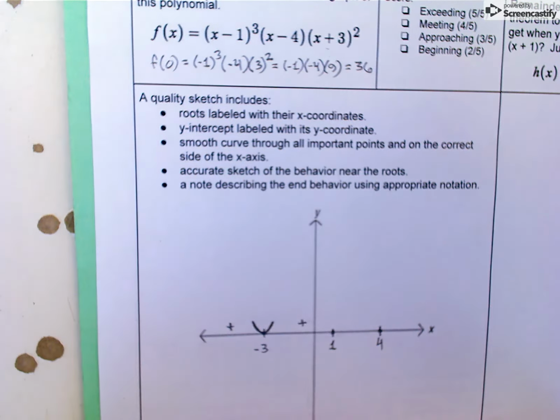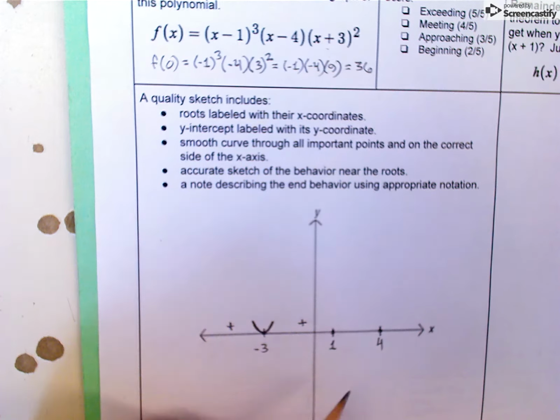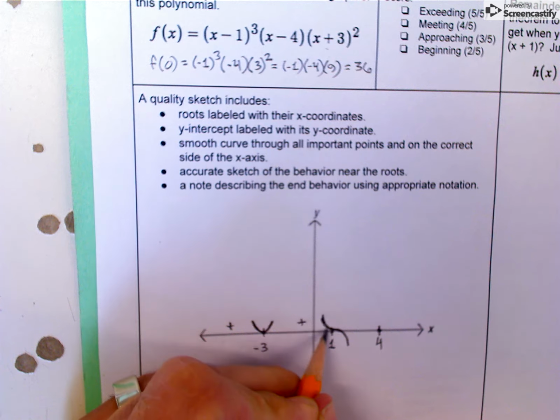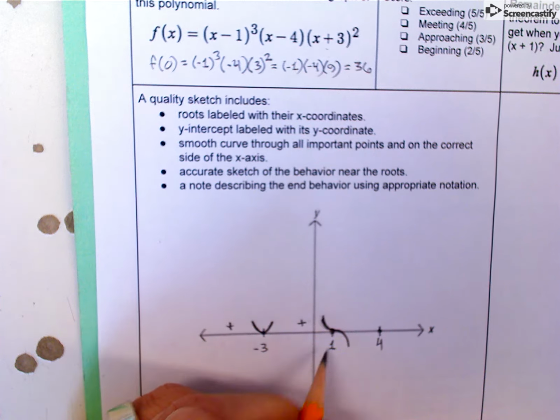And when I go to the next root, 1, I notice that there's a multiplicity of 3. So I know that my graph is positive on this side of this root, and it's going to have to cross over to the negative side. But the way that it does it, we want to make sure we represent on our graph. Because it's a cubic, what happens is the graph kind of comes down, it flattens out at that root, and then it comes and it crosses the root like this, and it has this inflection point right there at the root,